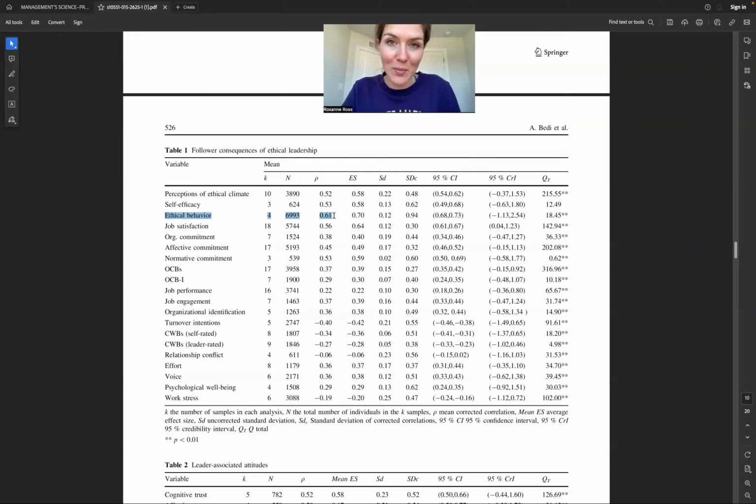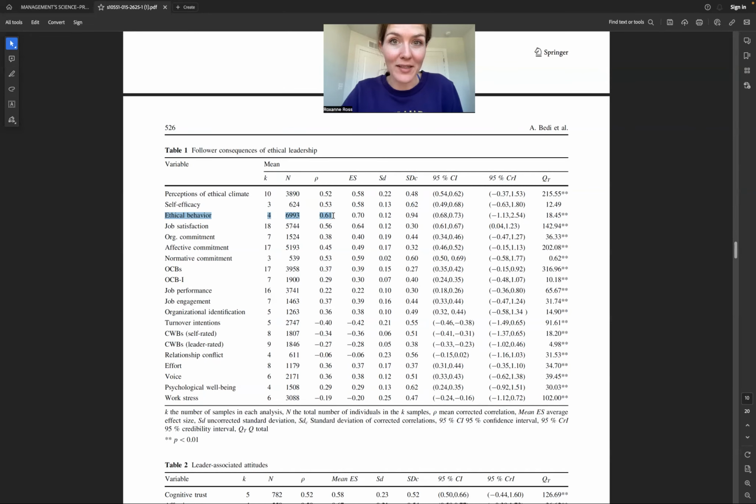Sometimes you might see this expressed differently. It might be an R with a line over the top, R being the typical signal for a correlation, and the line on the top signifying that it is a mean. There may be other ways that they indicate this as well. Usually what you can do if you're not sure is look at the note in the bottom and it'll tell you what all the different symbols mean. A good table should do this.